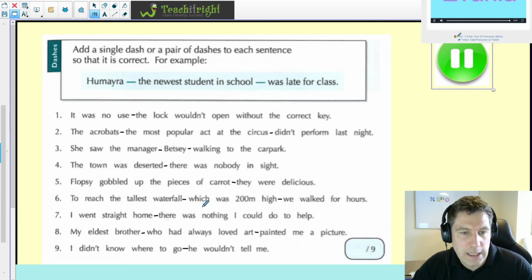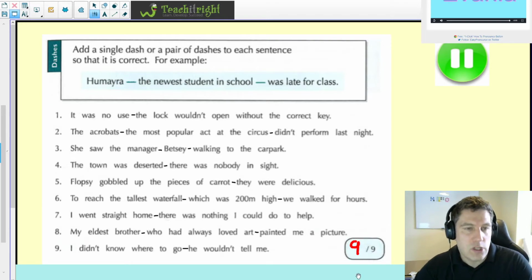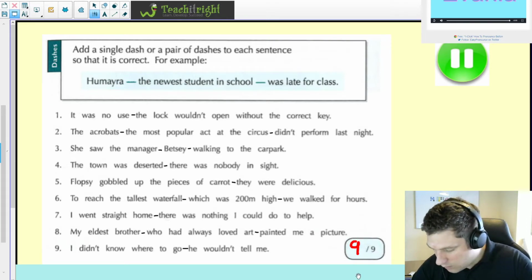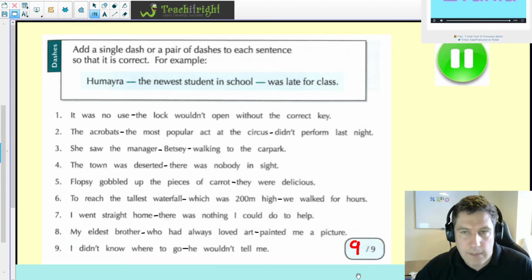As you'll know, on some of them you need 2, some of them you need 1. Number 9: I didn't know where to go, he wouldn't tell me. Again, if you got that correct, then you can put 9 out of 9 if you got all of those right. That last one just separated the main clauses again. Brilliant. So we're going to move on now to look at